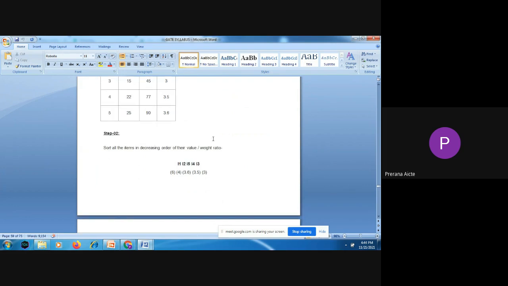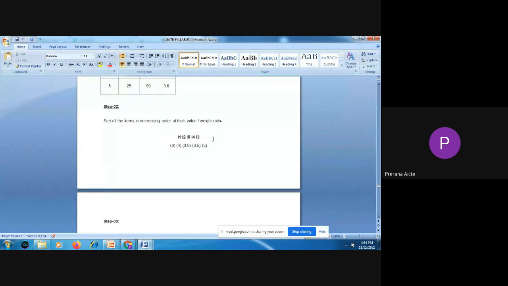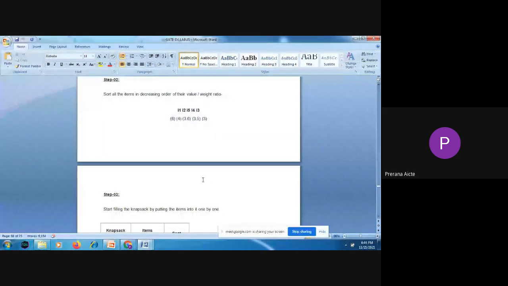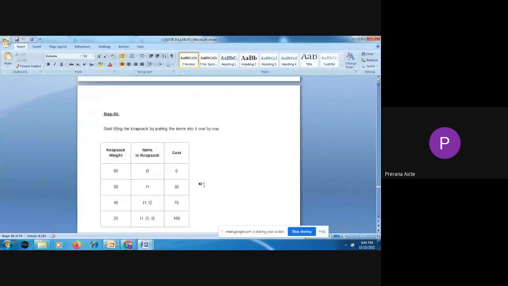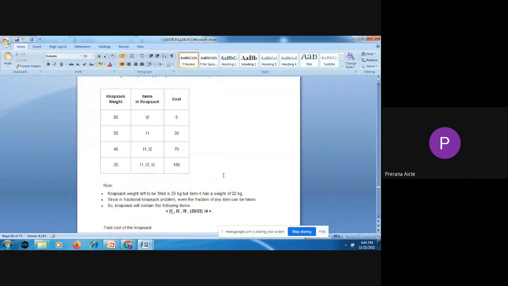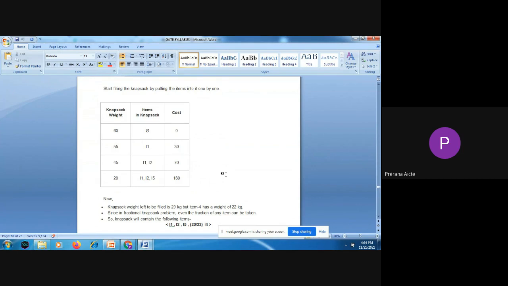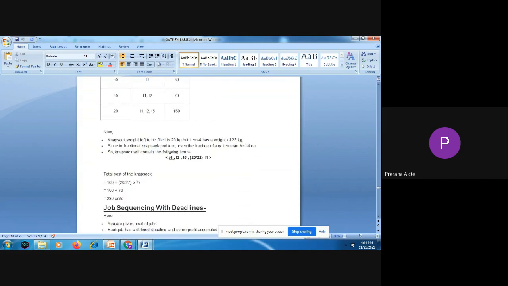So follow the order, and place the objects one by one until the knapsack has been filled. If you follow that, then you are going to have the maximum profit. Fractional knapsack means you will be able to put part of an object also. So in the case where we cannot place an object completely, we can place a fraction of the object. Finally, the profits of the objects you kept